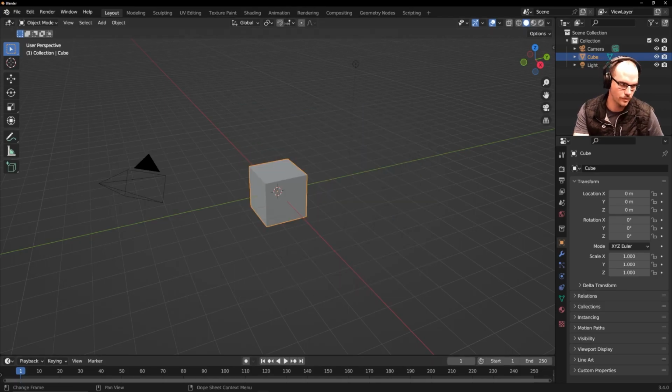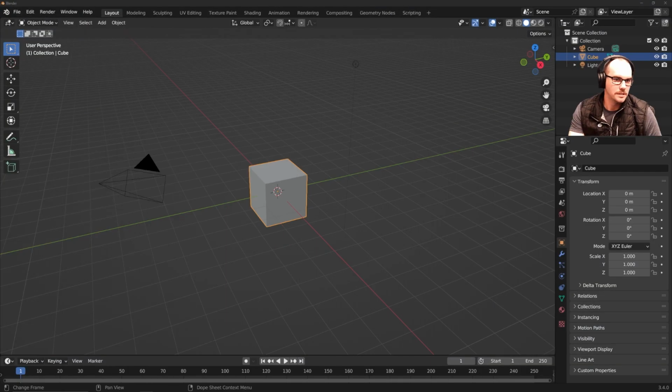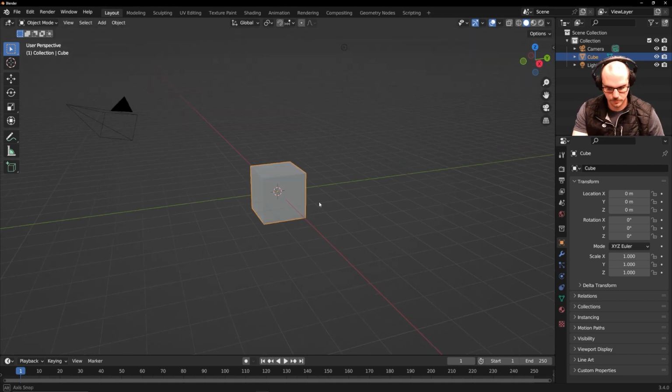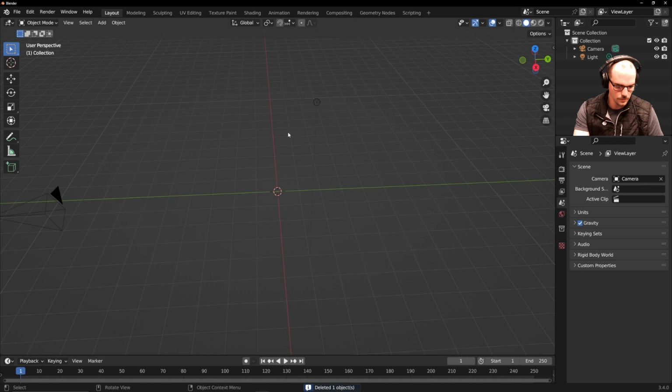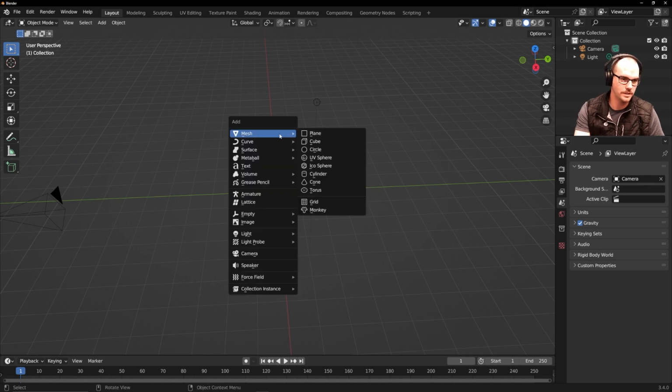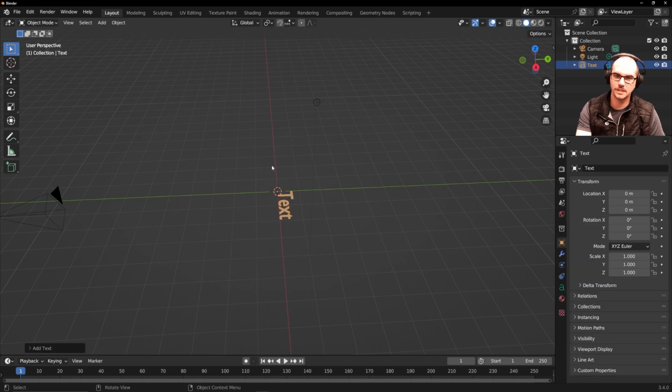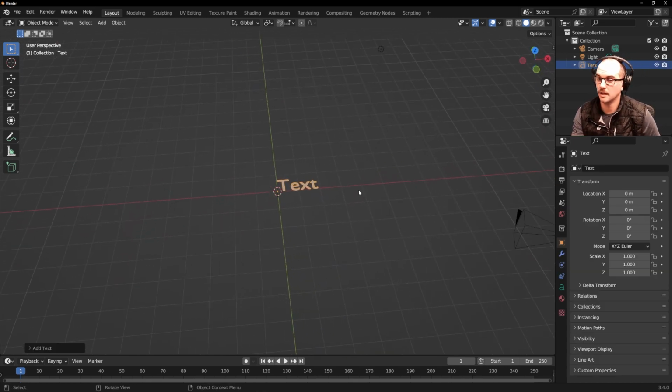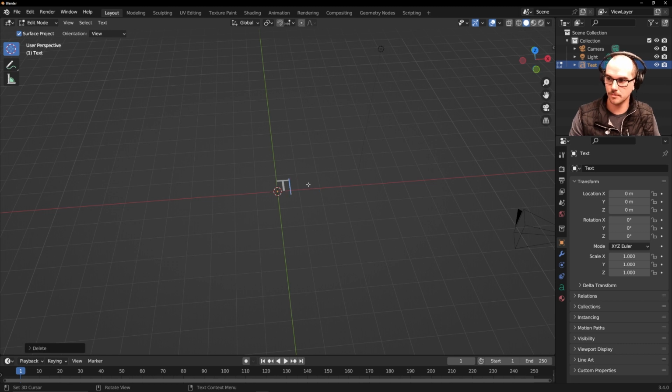And also just kind of recap text. I know we talked about using text in a Zoom, but not officially in a lecture, so I'll just do that real quick right now. Okay. So let me start with my text, in fact. I'm going to go Shift-A, and I want to add text. And so text is different than other things in 3D. To edit text, you have to hit Tab to get into edit mode, but then you can actually type right in here. Use your keyboard. So I'm going to say, I want to call this Nolan